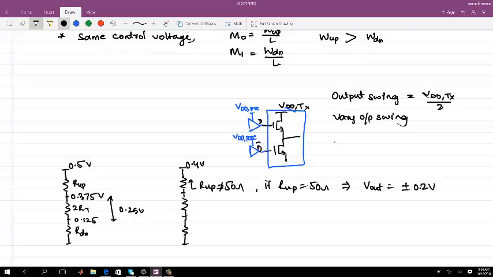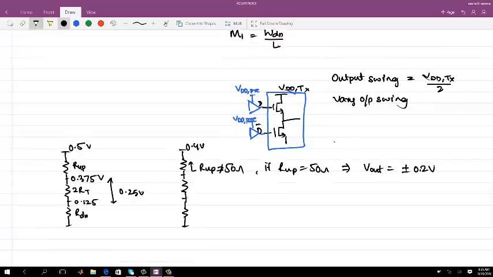Now what can fix the RF? Either the size or the gate control. Here I will not go for size, I will go for the gate control. All these things actually happen in a feedback manner. If you say that you want to change the output swing, it will change the output swing and at the same time it will change the control voltage. It's more or less a regulator kind of thing. So we'll see that regulator later.